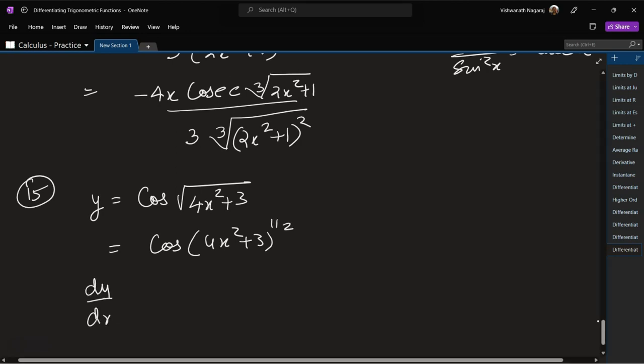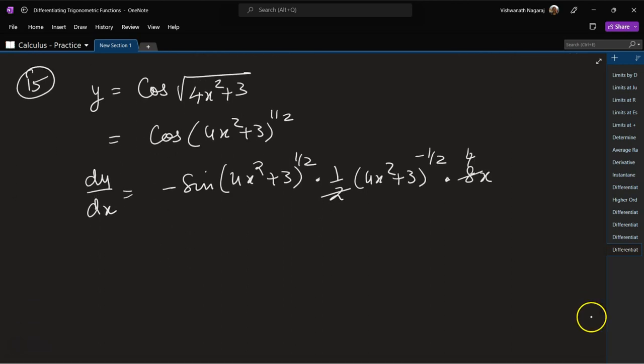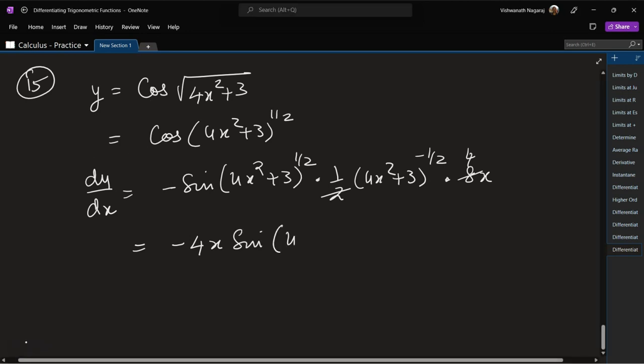So dy by dx is equal to, derivative of cos is minus sine 4x square plus 3 to the power of 1 by 2 times 1 by 2 times 4x square plus 3 to the power of 1 by 2 minus 1, that is minus 1 times 8x. So here 2 4's. So our answer is going to be minus 4x times sine 4x square plus 3 to the power of 1